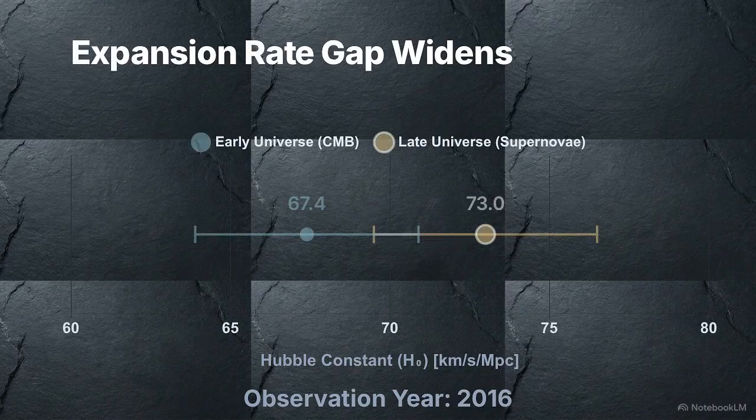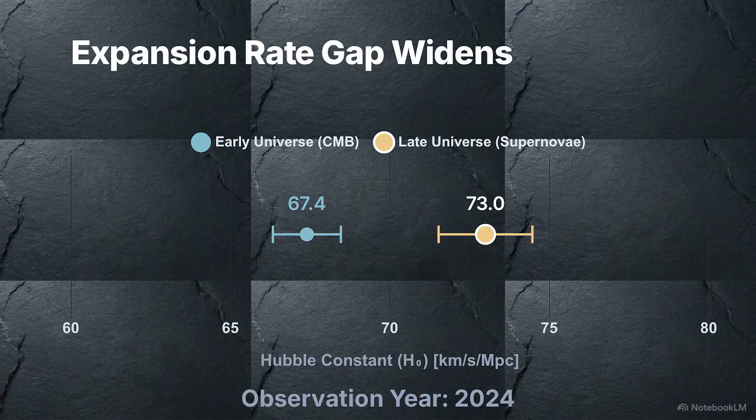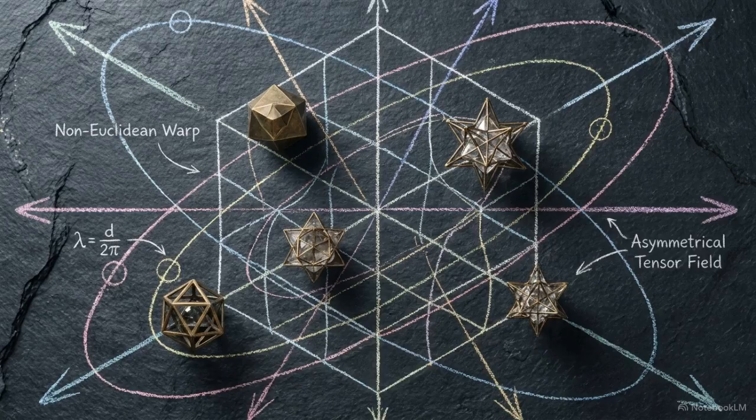These two figures are separated by a 5 sigma gap. Their error margins do not overlap, meaning they are mathematically distinct. After a decade of independent checks, the gap has only widened. Technological improvements have ruled out simple calibration or measurement mistakes. The persistence of this discrepancy suggests that the standard model's assumption of a perfectly uniform universal constant may be incomplete.